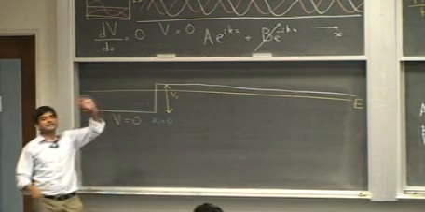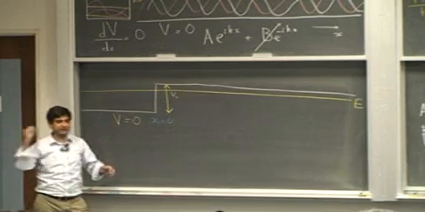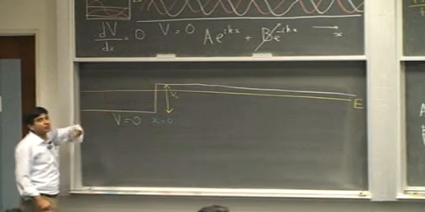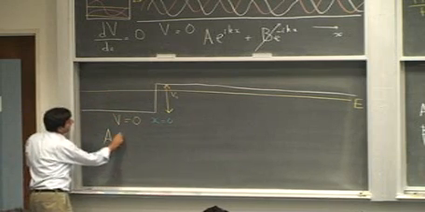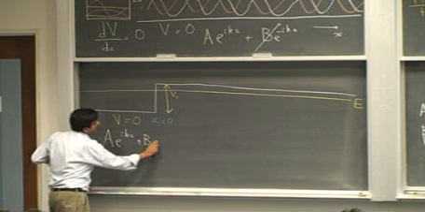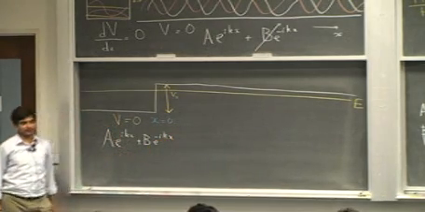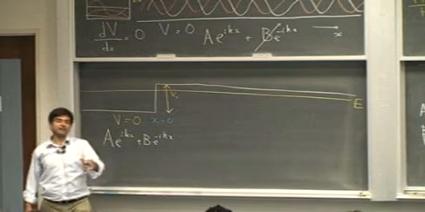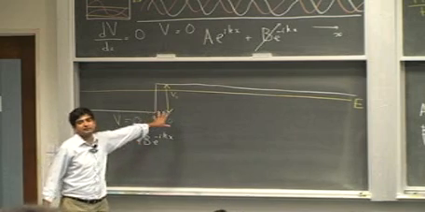The energy of the incident particle is smaller than the potential energy, and the particle is injected from the left and it's moving rightwards. So in region number 1, of course its wave function is going to be A e^(ikx) plus B e^(-ikx), because there is some reflection of this particle. What's going to happen in this region? What does classical mechanics tell you? Can the particle penetrate into this region?